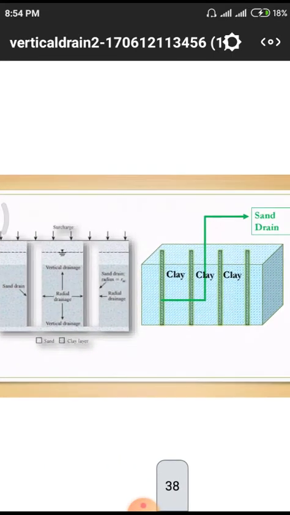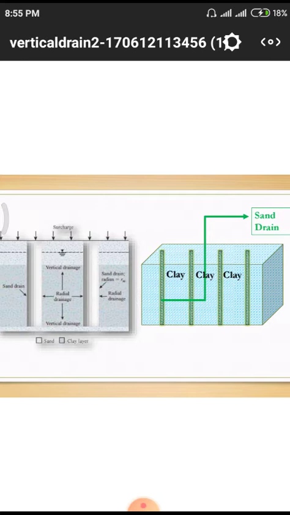This is the clay, and how the sand will drain the water. That means, of the total water in the surroundings, how much will be absorbed by the sand from the clay. Clay strata normally have very fine soil particles, so the water has a huge quantity of binding with the clay particles, and removal of water takes a huge quantity of time. So we use these sand drains, because it would otherwise take a large span of time for the total removal of water from this clay strata.